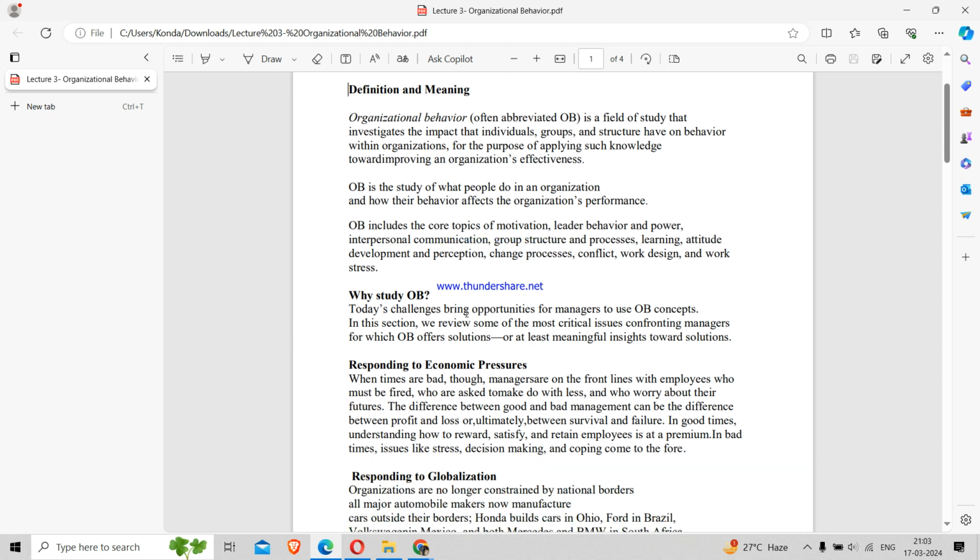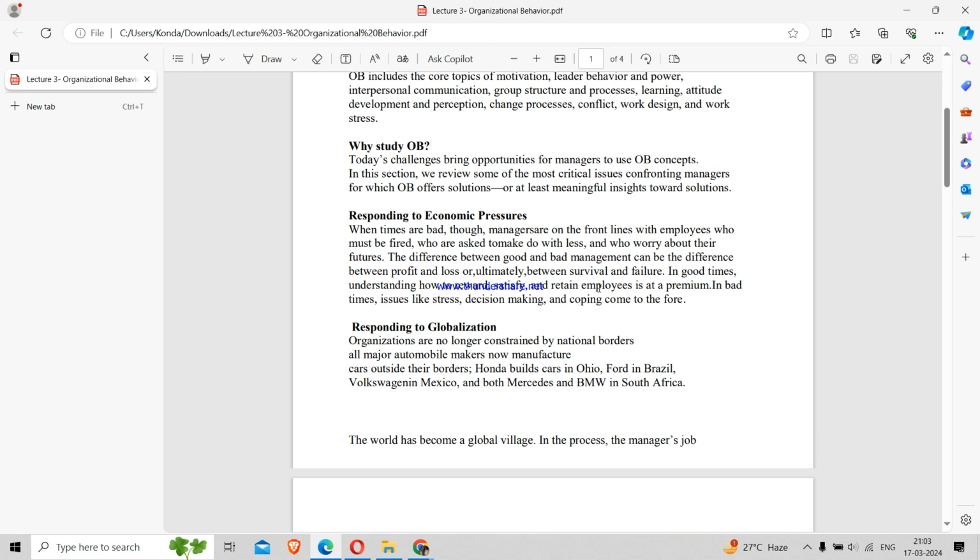So why do we study organizational behavior? One by one, let us look at the various aspects and the importance. First we will tell you the scope of organizational behavior. There are three points. What are those? First one, it is universal. Organizational behavior is universal, which means it is present everywhere. That means whether it is a small firm or a large firm like an MNC, whatever the size or the capacity of the organization, irrespective of that, this is relevant in each of these companies.